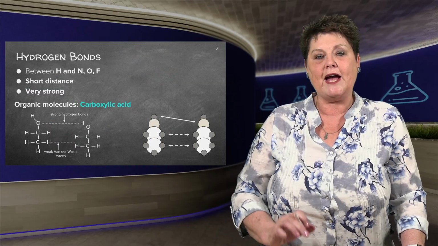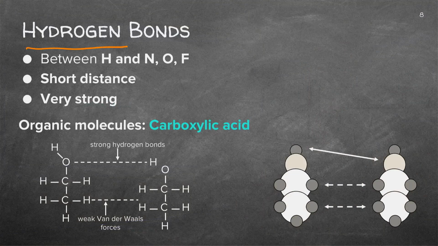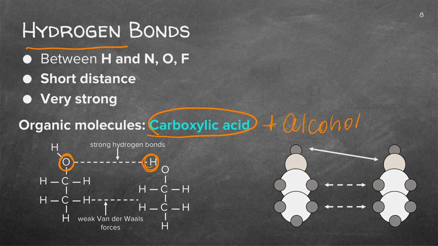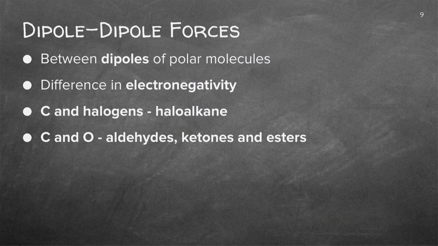There's another organic chemistry function where we can find a hydrogen bond, and that is with the alcohol, after the carboxylic acid. You know it because there's a hydrogen and there's an oxygen. So you can see there won't be any hydrogen bonds elsewhere, but at the end there, you'll find the alcohol will also have a hydrogen bond. And again, it's the strongest.